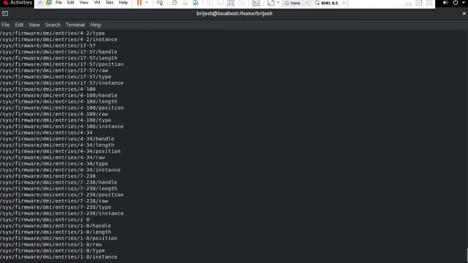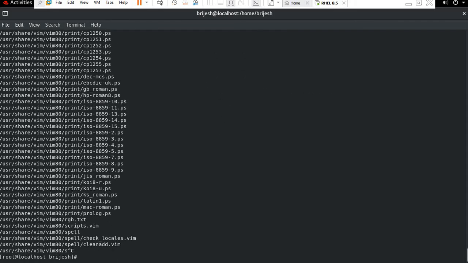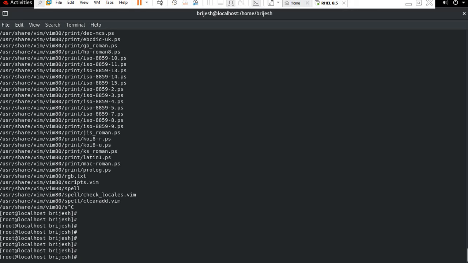So you can see guys, these are the files. Now press ctrl c to stop it. Now if you want to find files more than 20 MB, we have more commands.